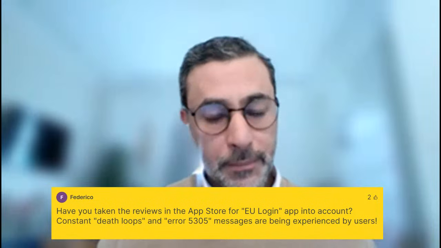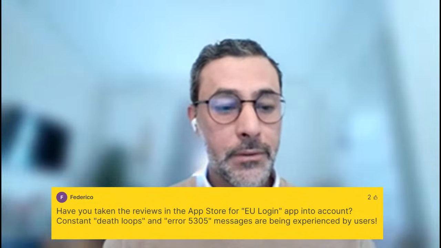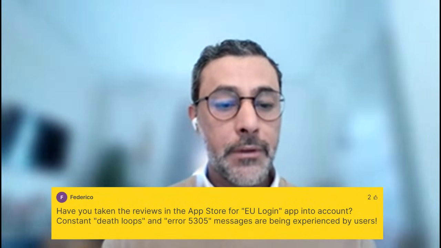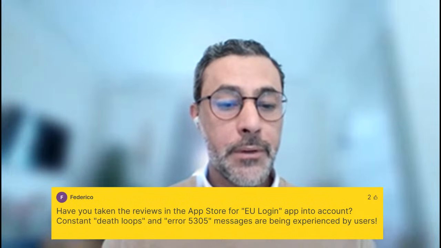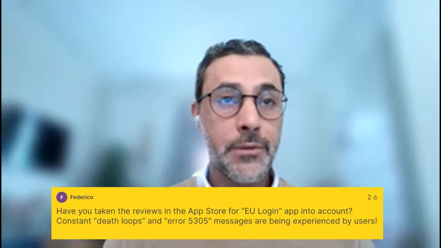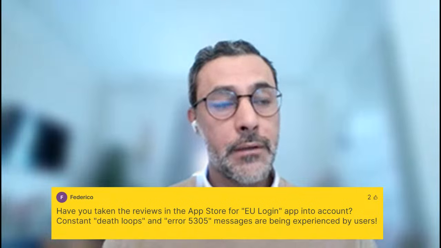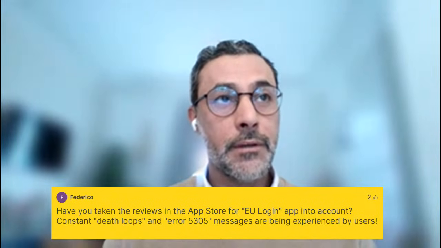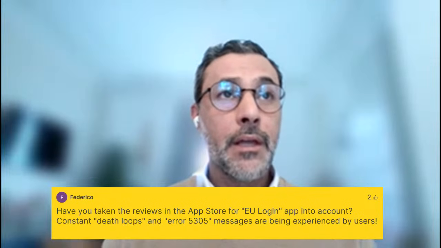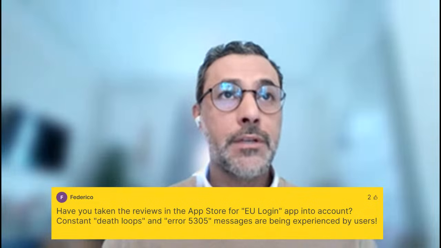When it comes to some errors that can be experienced in using the mobile app, we always recommend to contact the service desk, of course. But then the reviews in the App Store, because the mobile app of EU Login was published a while ago, it was used by many users. Some of them, of course, experienced, let's say, not very pleasant circumstances, but then the EU Login mobile app has been updated, changed since then, and